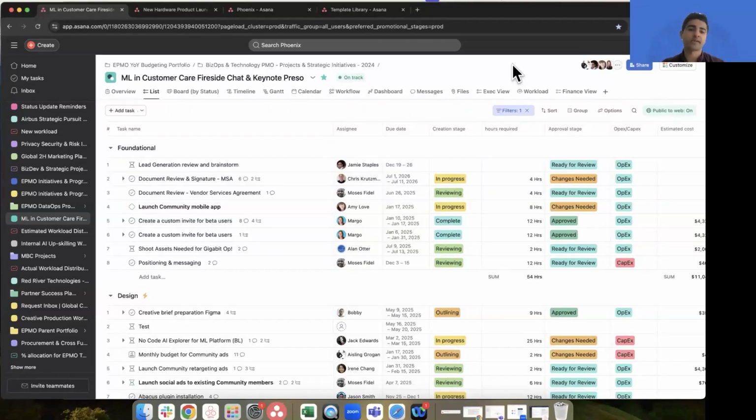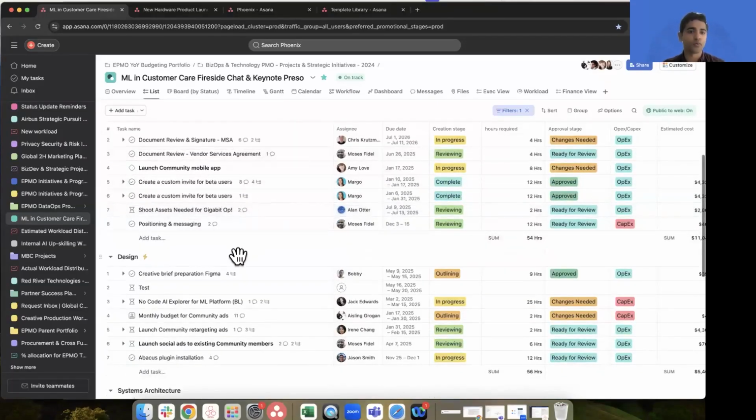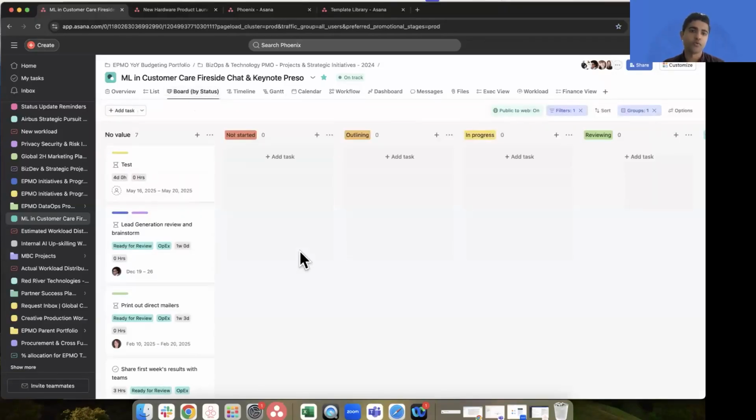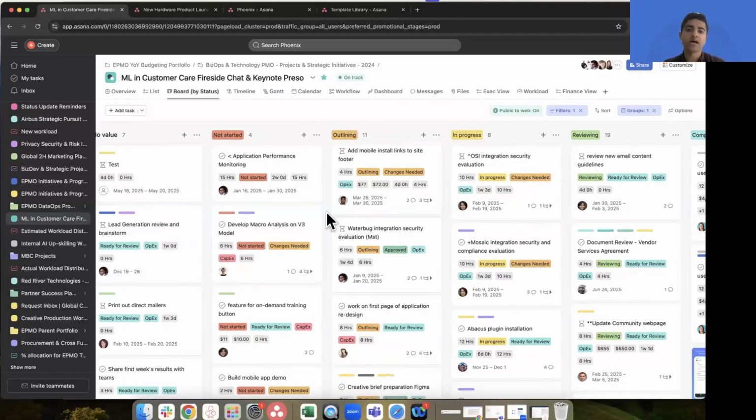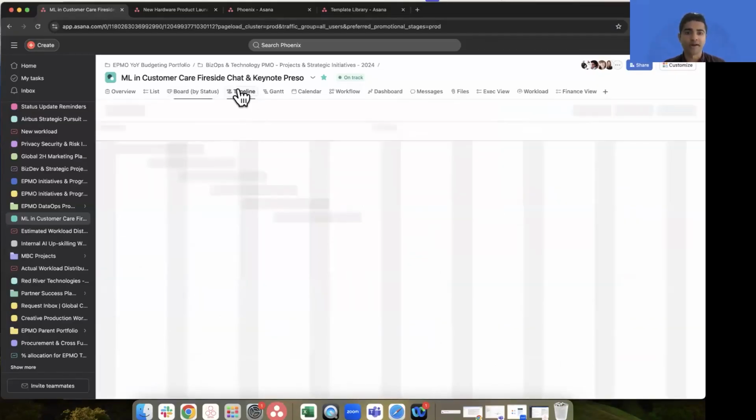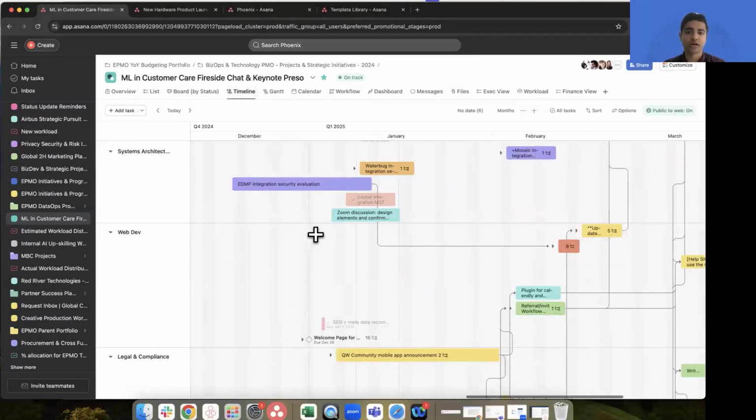So the way Asana handles this is we've had a long-term focus on giving people a lot of flexible ways to visualize their work, and allowing people to adapt how they view things based on the actual work or the people they're working with at that time. So every action item, for example, on this list view that we were on earlier, corresponds to a card on this board view, which to some people will look familiar. It's a Kanban board, which corresponds to a brick on this timeline view, which we'll come back to.